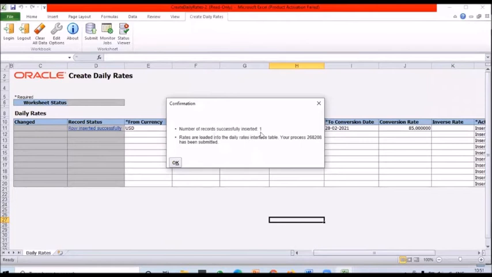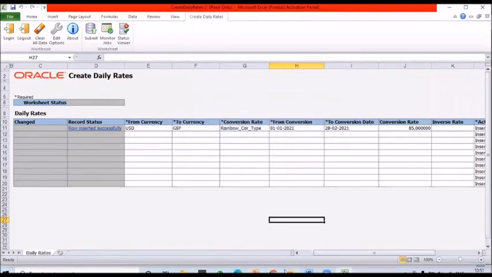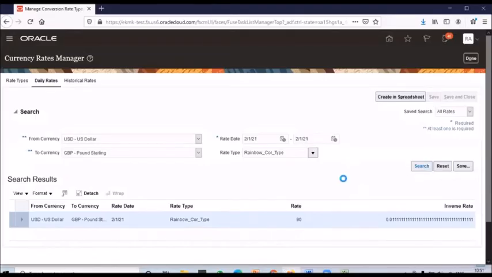Number of records successfully inserted: 1. The rates are loaded into the daily rate interface table. Your process has been submitted. That means the rates are loaded to the daily rate interface table and the process has been submitted. Once this process is completed, you'll be able to see it in the front end. If I click on search,